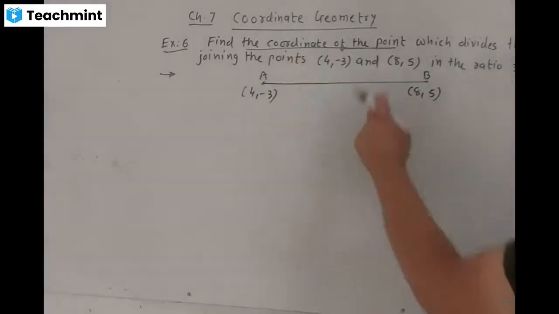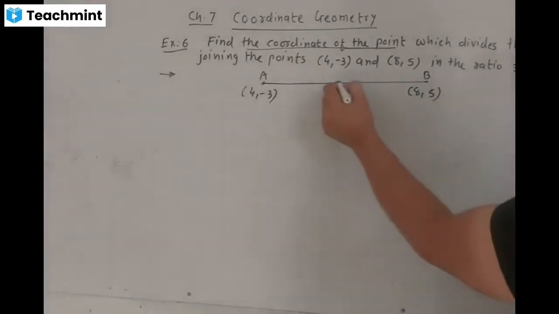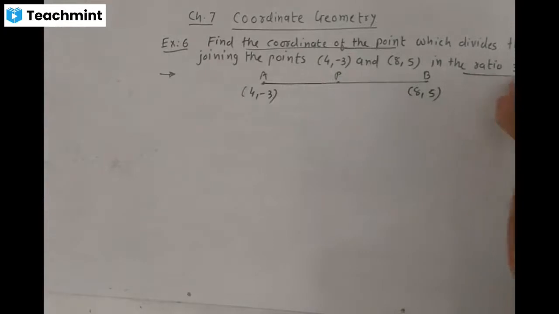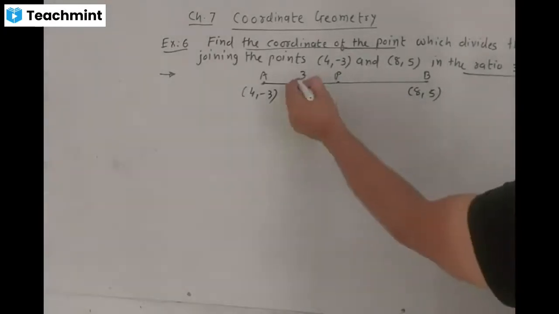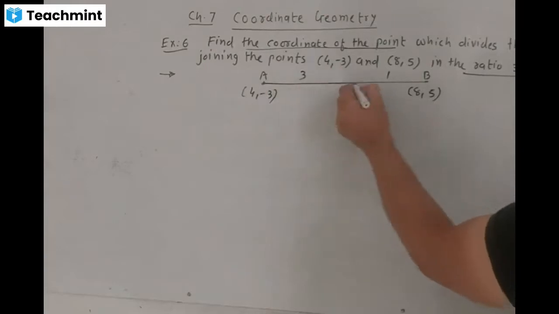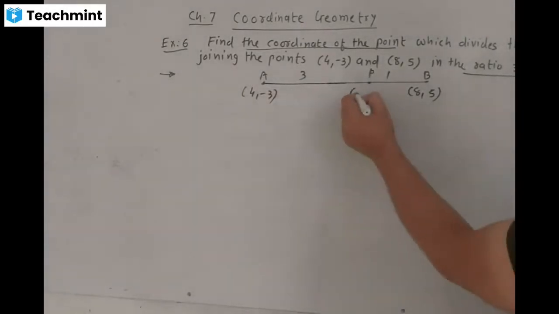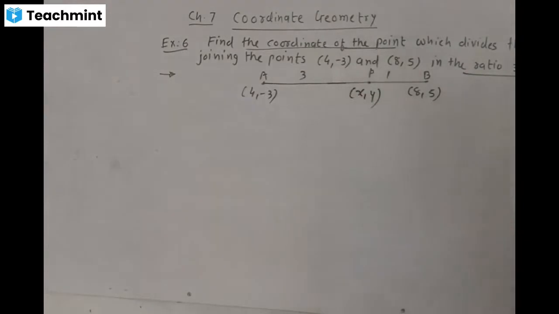And find the coordinate of the point which divides it internally in the ratio 3:1. Suppose that point P lies between A and B, and the ratio m1 to m2 is equal to 3:1. Find the coordinate of the point P(x, y). Let P(x, y)